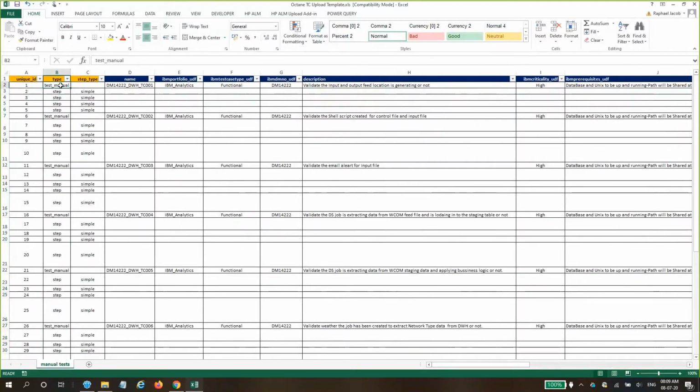Test underscore manual will create a new test case on your screen, and step would create a step within that particular test case. So this is interlinked. Once you're writing the first line as test manual, that will be creating a test case. Below that, if you're writing step, it will add this particular step in this test case.